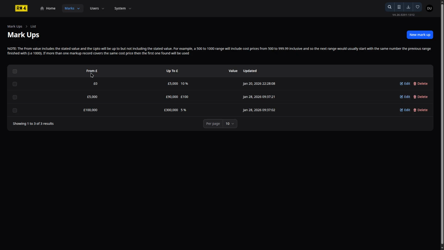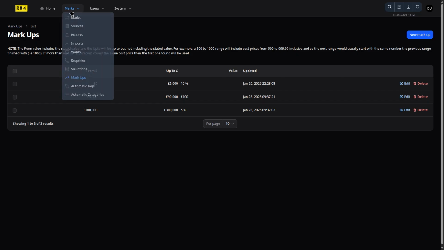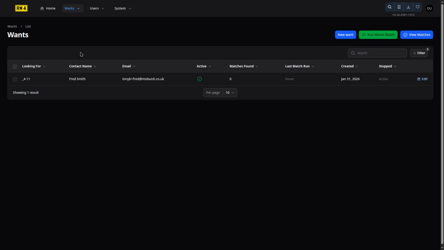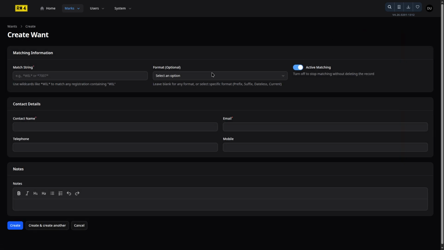So once you've got your markups, we're actually going to go into the wants area next, because we're going to do an import shortly, and I'd like to show you the wants. So if you can't provide a number for a customer because they're looking for something that you haven't got, you can log a want